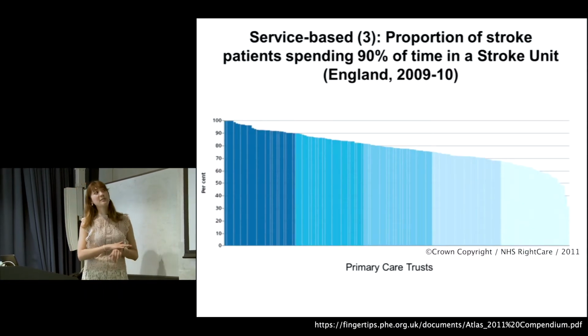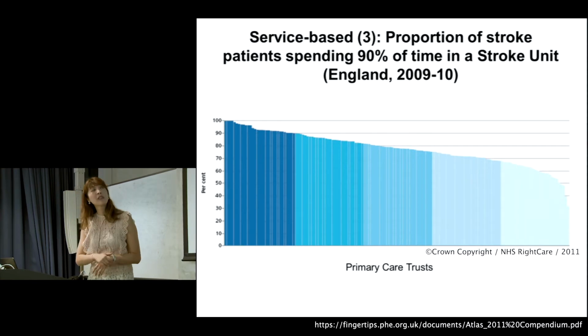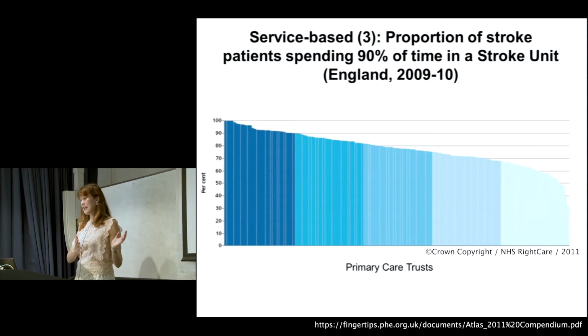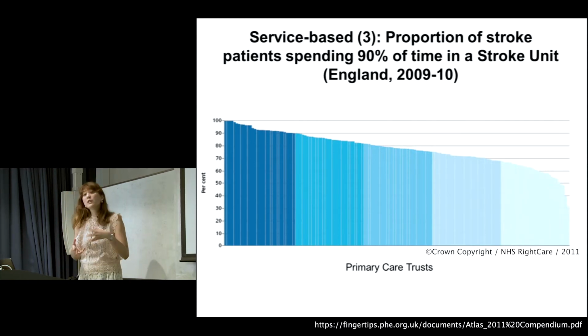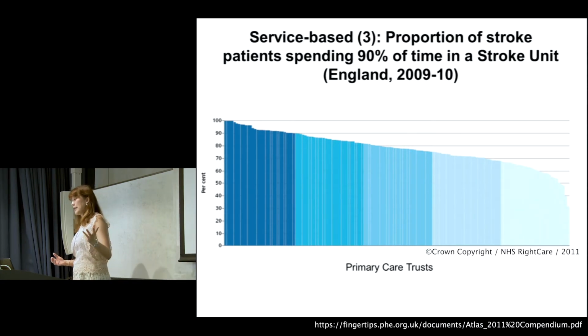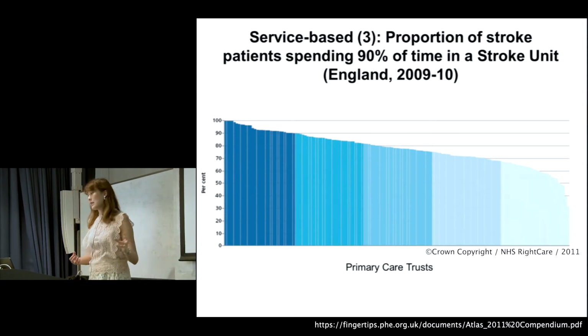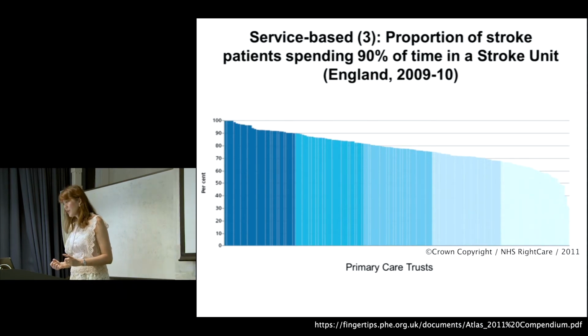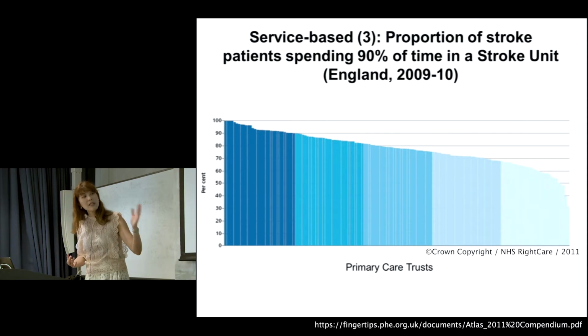So this is a different country, looking at England now. This is districts in England, and how many patients are admitted to a stroke unit rather than a normal ward. And we know for definite that for this case, stroke units are much better for patients if they have a stroke. So we know good is being in the stroke unit, and an ordinary ward is not so good for outcomes. And this is service-based as well because we are looking at districts.